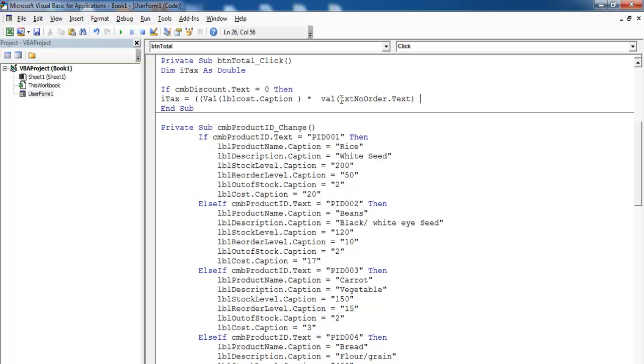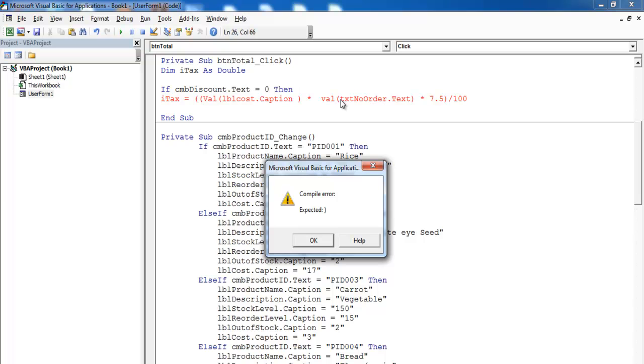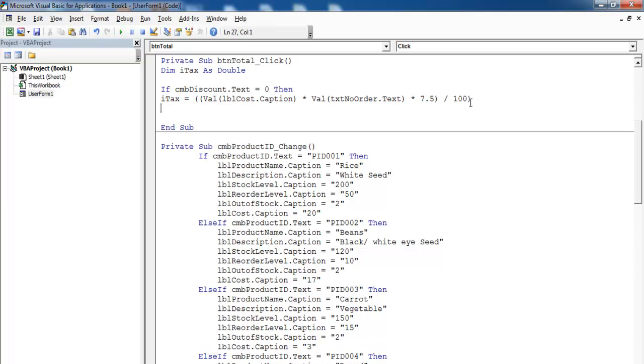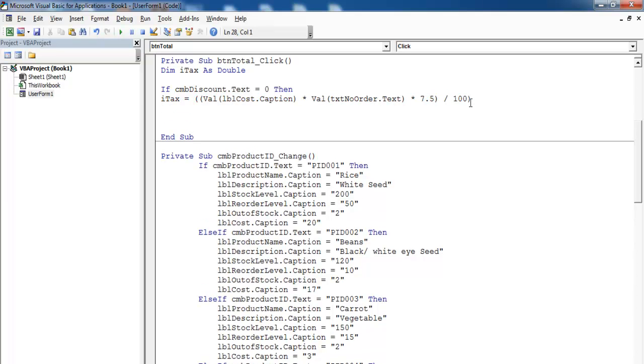And now we say, let's say our tax is 7.5 divided by 100. Okay, we have an error. Let's see, we need to close this. Yeah, that's fine. So let's say LBL tax .caption equals